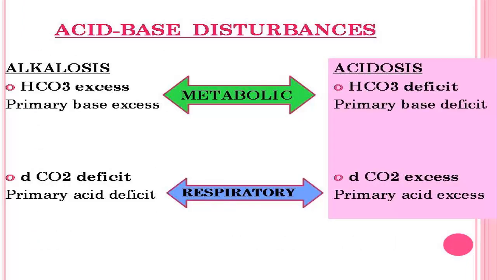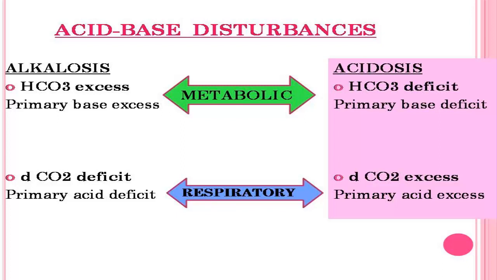Now next slide. Again this slide I have discussed in the classes of alkalosis. I am just giving a quick recap. That is the classification of the acid base disturbances. You all know from the theoretical classes that acid base disturbances will be either alkalosis or acidosis, and today our topic of discussion is acidosis. So we will learn the acidosis first. Now the acidosis can be again classified into two types, metabolic and respiratory, and this is based on the causation, how the acidosis is caused.